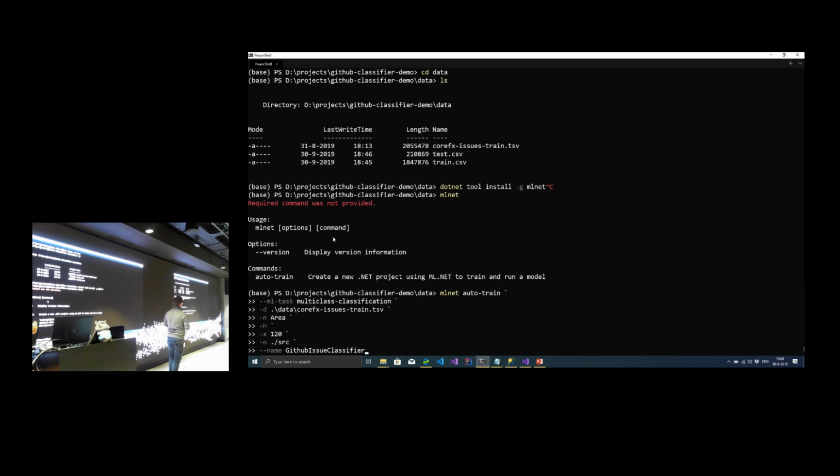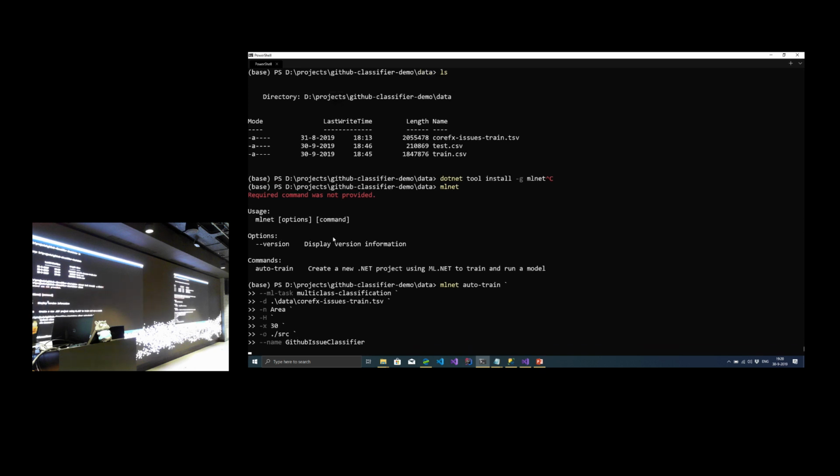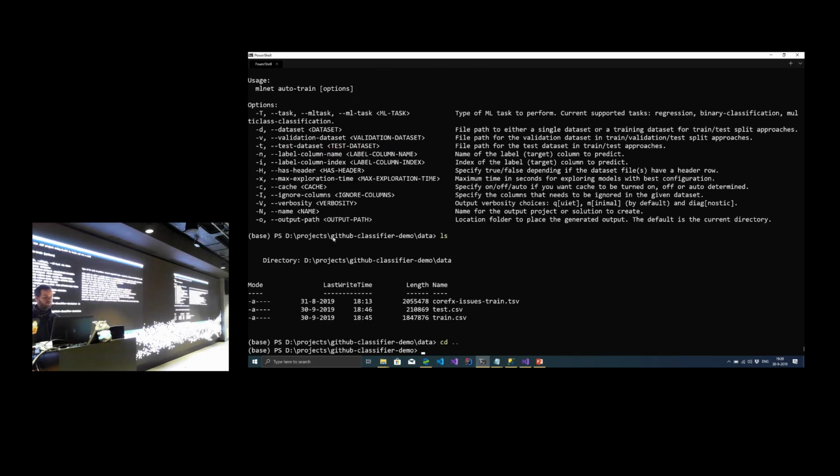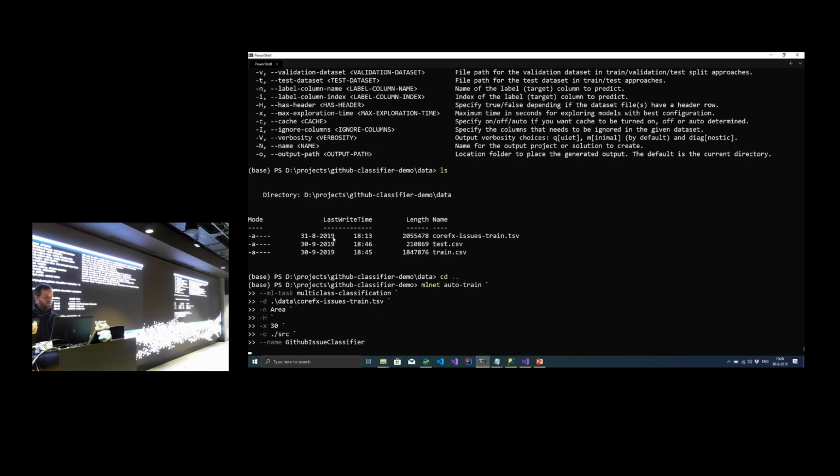I might shorten that, based on the fact that I don't have a lot of time. Finally, I will say output the generated project into the SRC folder and give it a name, GitHub issue classifier. So let's modify my time for searching a little bit and run it. Oh, I'm one folder too deep. Let me run it again.